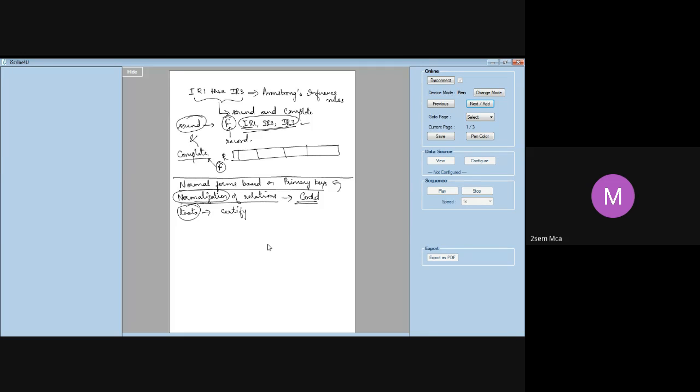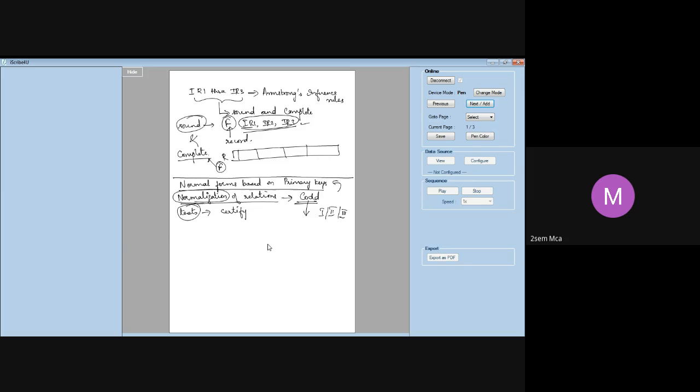If it satisfies all the normal forms, then you certify that the particular relation or table is in a normalized form. Basically, you are evaluating each table against each of these criteria. If the first normal form is satisfied, you go and test the second normal form. If the second normal form is also satisfied, you go one step higher, that is the third normal form. Initially, Codd proposed three normal forms: first, second, and third.